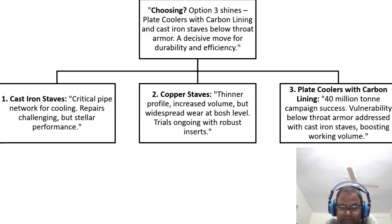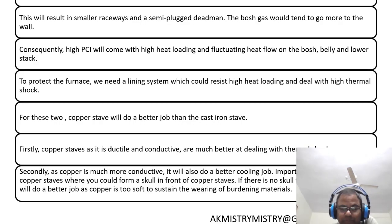In this context, we have three contenders: cast iron staves, copper staves, and plate coolers with carbon lining. Let's break it down. So, which to choose? Coming to the next slide, as an expert in blast furnace operation, I can affirm that the correlation between PCI, that is pulverized coal injection,